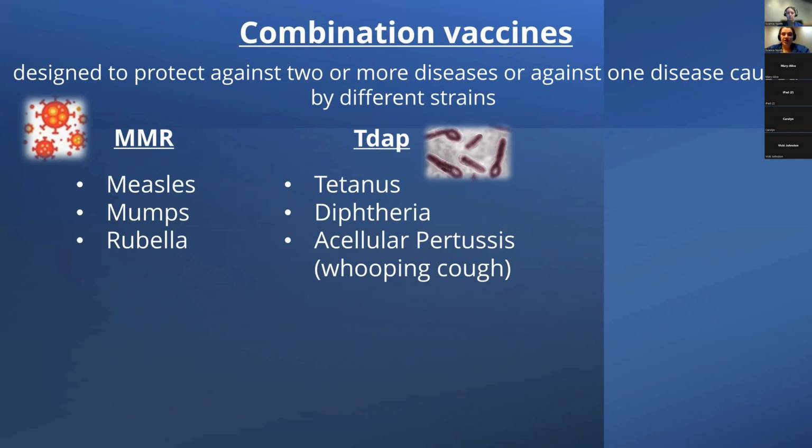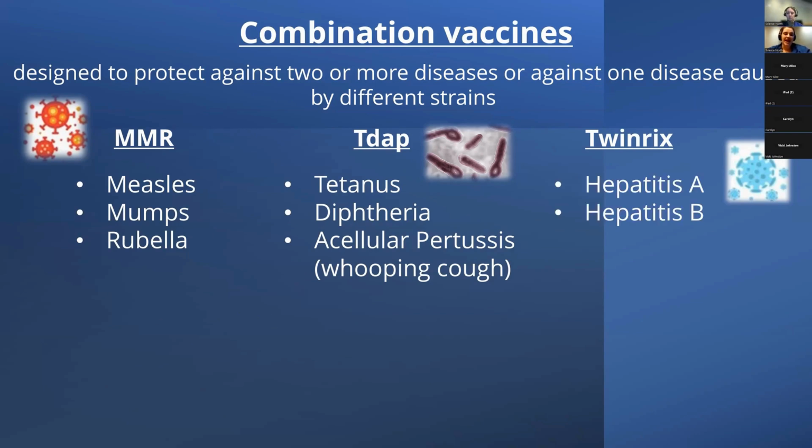And so similarly to what I mentioned earlier, tetanus is one of those that you're recommended to get every 10 years. So you can either get the Tdap, or again, a similar combination vaccine, which is just the Td, which is tetanus and diphtheria, and it's recommended every 10 years. The next one is Twinrix. And so Twinrix protects against hepatitis A and hepatitis B. This is one that you might have heard of because it's typically one of the ones that is recommended if you want to go traveling, to protect against hepatitis A and B.